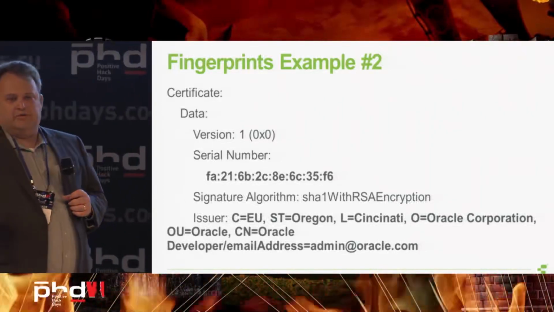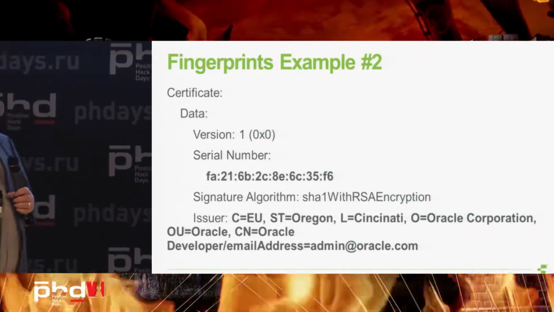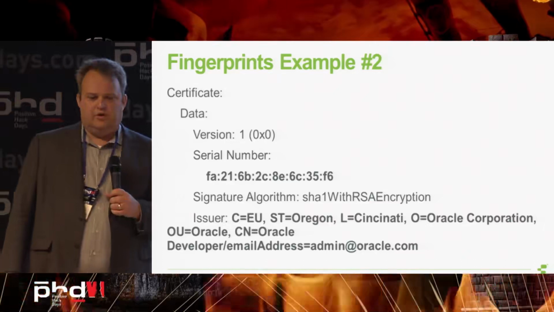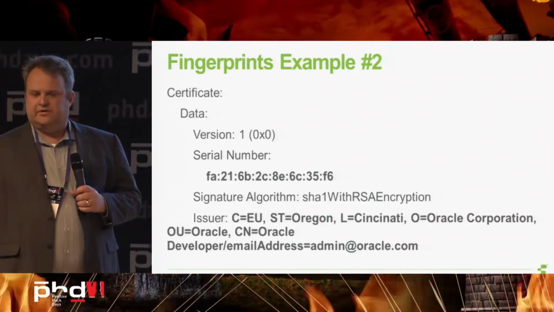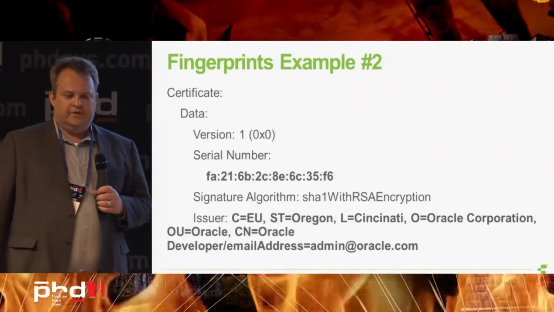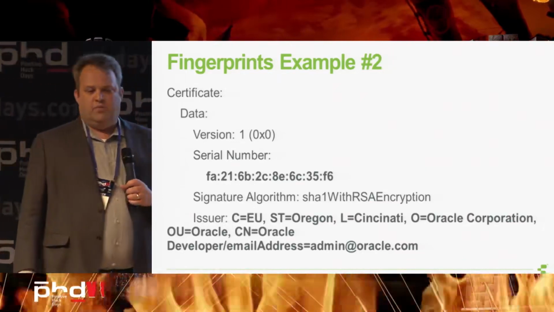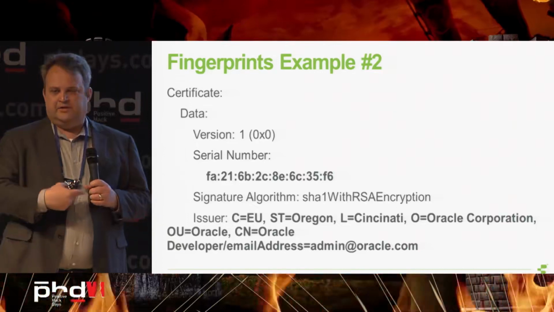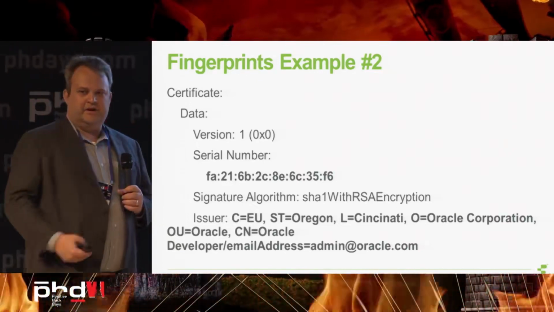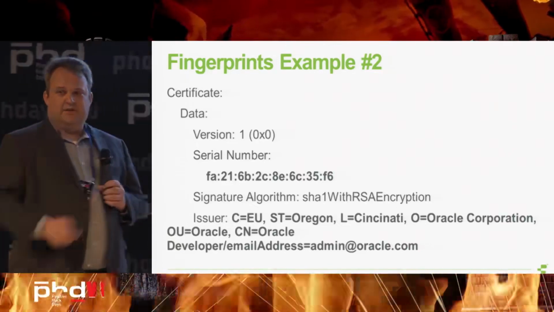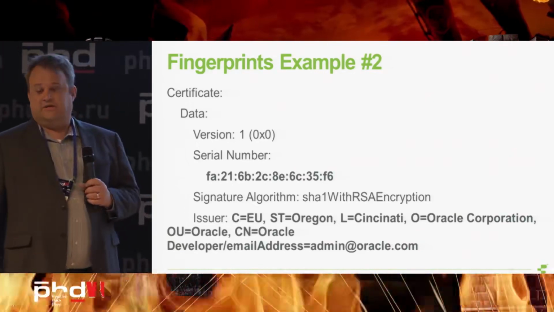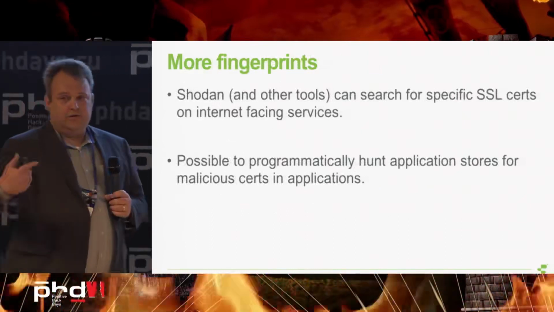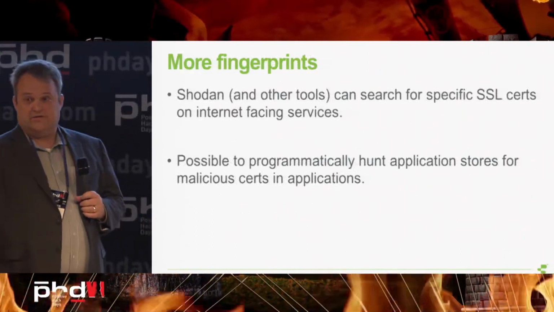So I was able to go to the Google Play Store and say, hey, I want to see any presence of that SSL serial number or that issuer information, which at one point in time was a Cincinnati in the state of Oregon, but Oregon is not in the European Union, right? There would be Oregon, United States. So obviously, made up certificate details also, but able to, one, if you're looking for just the presence of network SSL,